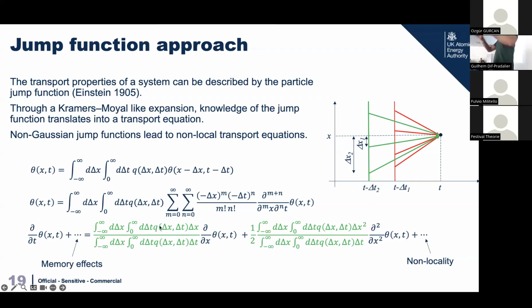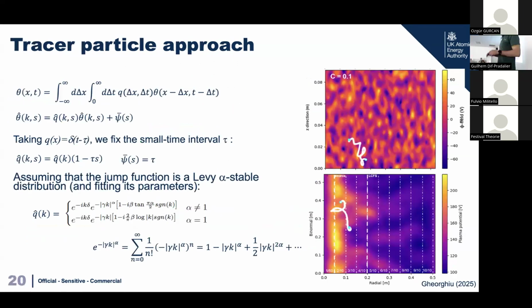But if you have a heavy tail distribution for your jump function, so you have a larger probability than Gaussian to do very long jumps, for example, in a Levy distribution, you would end up keeping all the terms. And keeping all the terms fundamentally means having information that is non-local in space, and you would end up having memory effects if the coefficients associated with time are non-negligible. Okay, so given this framework, what we did with my student Theo in the last few years was to try